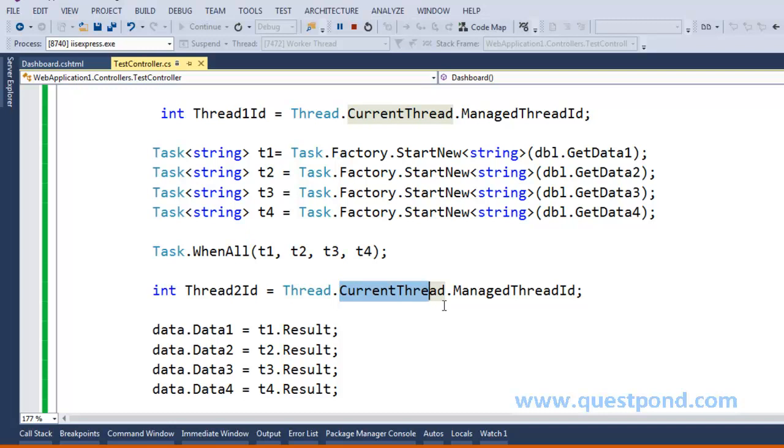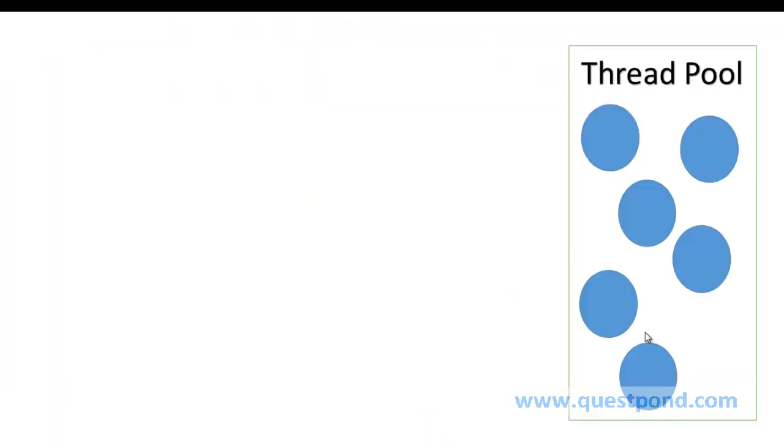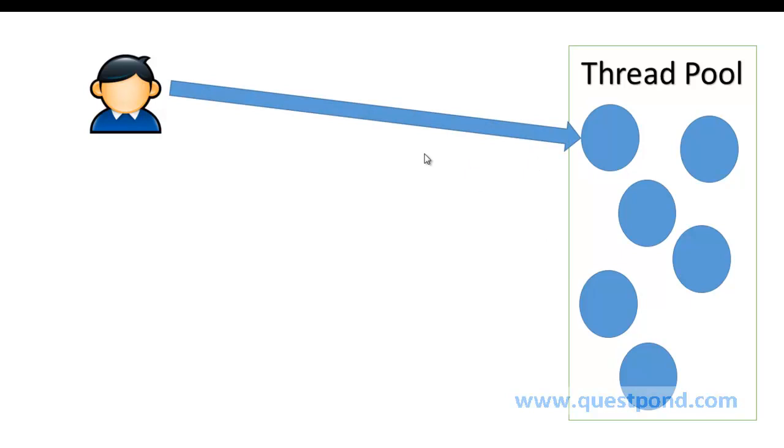Let's understand that problem. IIS contains a thread pool. The thread pool contains a set of threads. Each time a new request comes, a thread from the thread pool is assigned to serve that request. Now that thread gets released when the execution completes, or we can say when the request is completely served. Now let's say because of some reason the request is in a wait mode, or we can say execution is in a wait mode. So for that duration the thread will be in a wait mode as well.